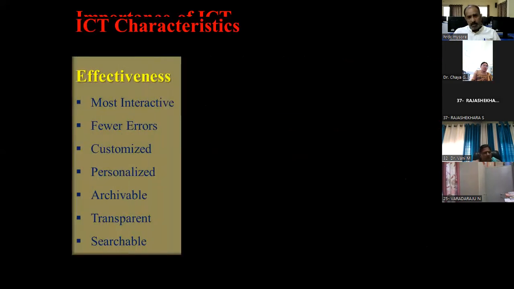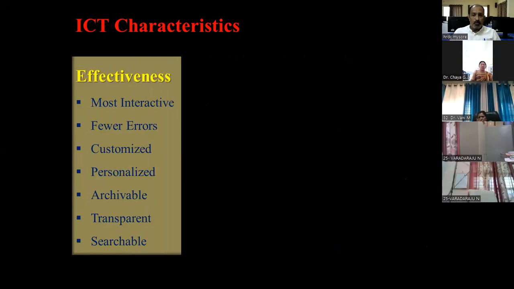So, if we understand it in a nutshell, the ICT characteristics are as follows. The first one is effectiveness, which means more interactive and fewer errors, customized, personalized, archivable, transparent, and also searchable. I am sure each one of you is quite familiar with these terms and has already experienced them.